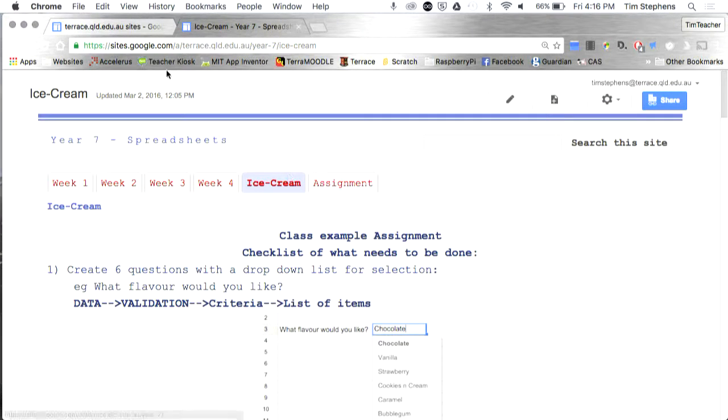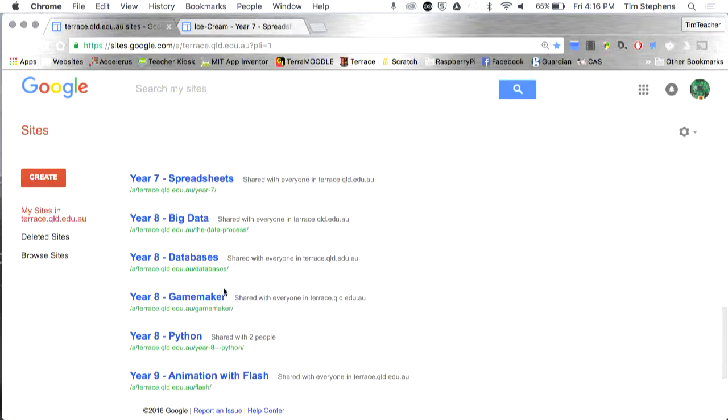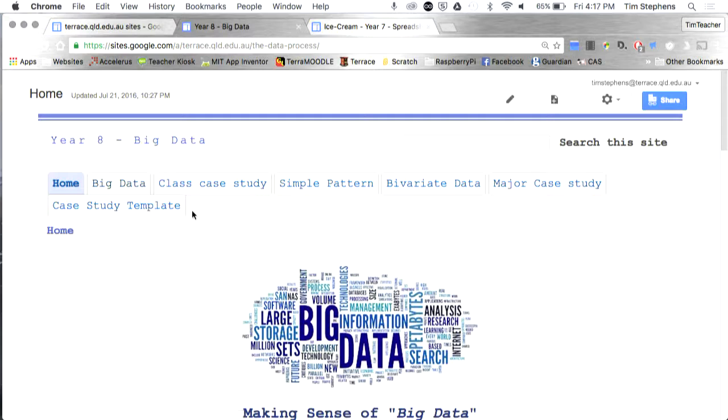The Year 8 course, Big Data, we modified this a bit. We used to use Google Forms, and we used to get data about 13-year-old boys from the census. They were amazed that only 2% of Australian boys played rugby, whereas a lot of them play AFL and rugby league. Then they had to do a census of all the Terrace boys using a Google form, compare the data and put it in charts.